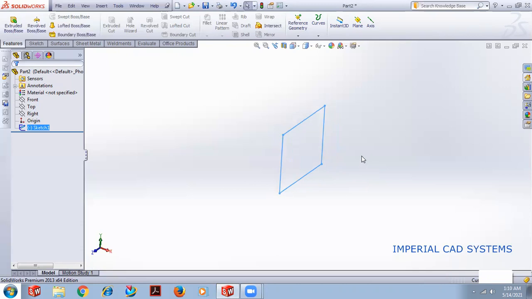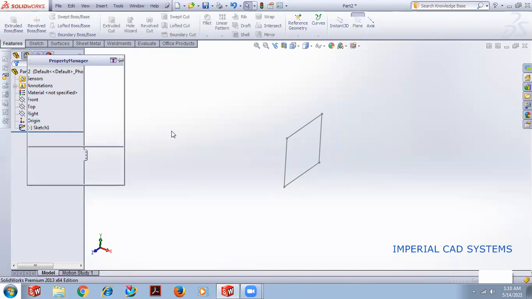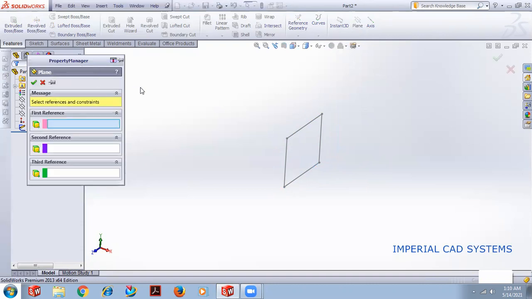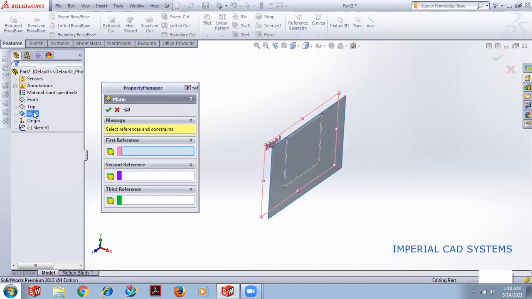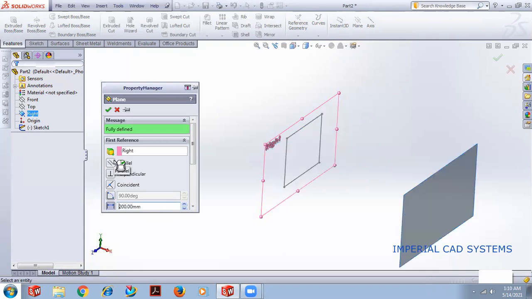I take another profile, one circle. For that, I select a plane. I'll take another plane, the same right plane, and give a distance of some 200 mm.